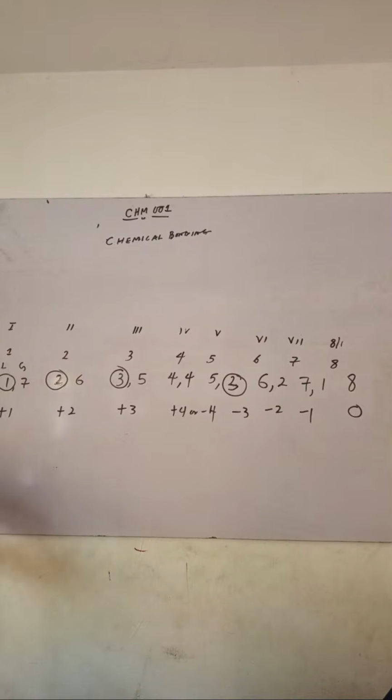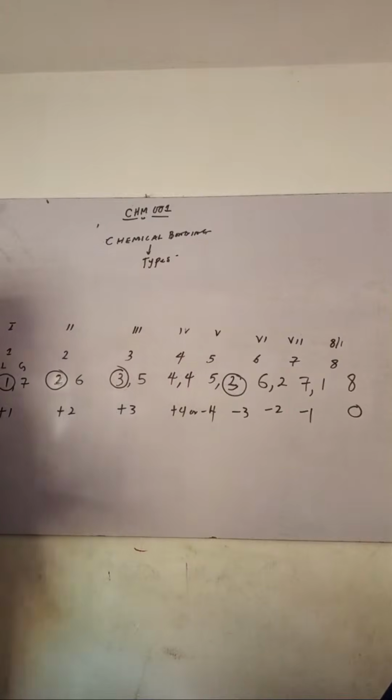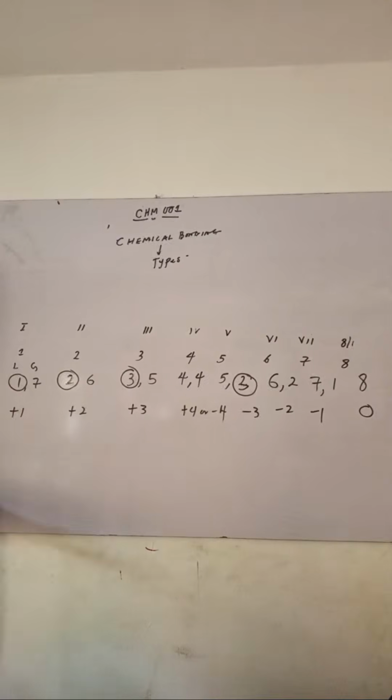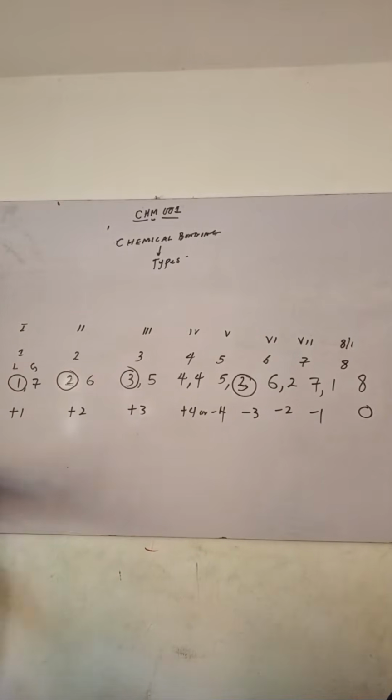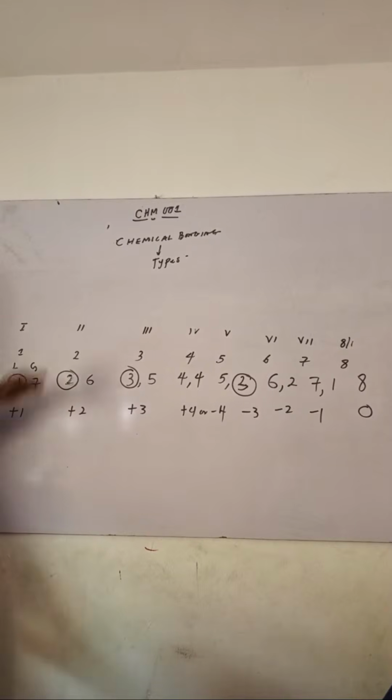So now, on a broad type, there are 2 types of chemical bonding. So we now want to see how they are forming it now. This one that is losing 1, what will it do? In a case it might think about it that let me share this electron instead of giving it out. In another case, it will think about it that, oh, let me just give it out. Now, giving it out depends on who it is linking with. So that's what we want to see now. Can I go on now? Can I rub this board?